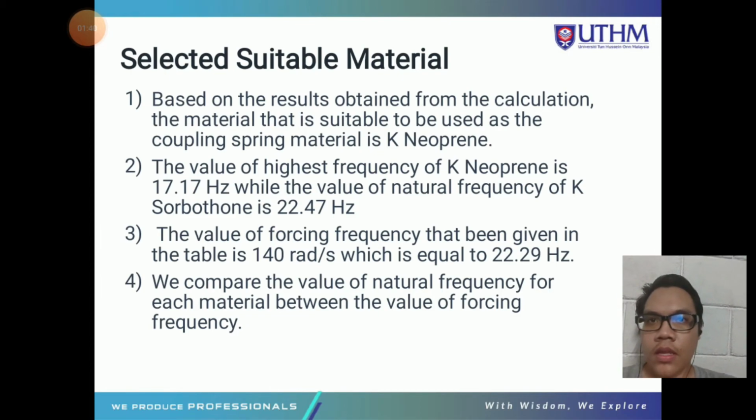Why we select that material is we compare the value of the natural frequency with the value of the forcing frequency. The highest natural frequency of neoprene is 17.17 Hz, while for the Sorbothane it is 22.47 Hz. The value of the forcing frequency is 22.29 Hz. So we compare and choose the value that is not close to the forcing frequency, because if the